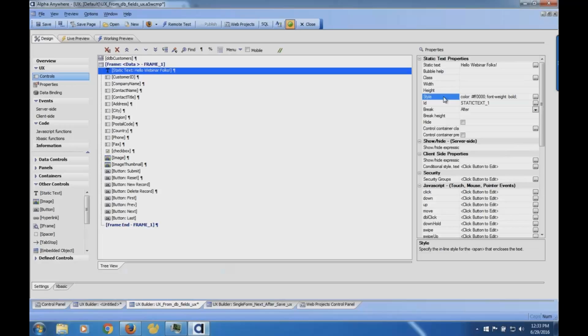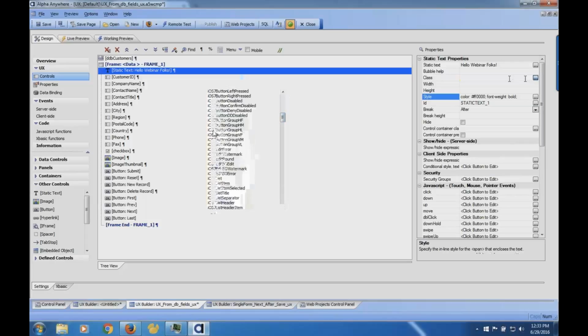Now, I would highly recommend that instead of doing the style this way, you create a class. If I click on here, you'll notice that these are all your standard styles that are available because I selected iOS 7. But you can click here and edit your local CSS and create your own styles there that may be specific for this. So you can either associate your own style file, or you could create your own local CSS.